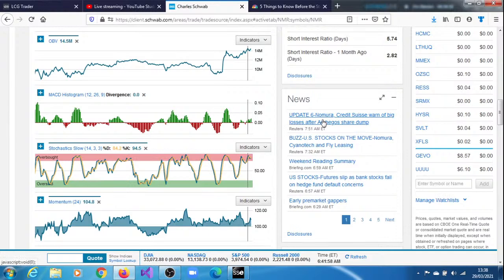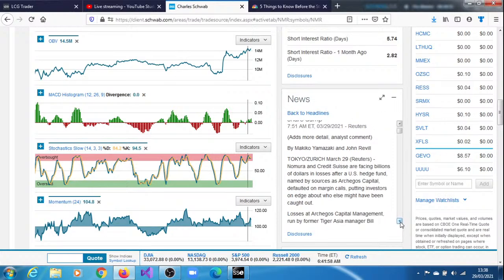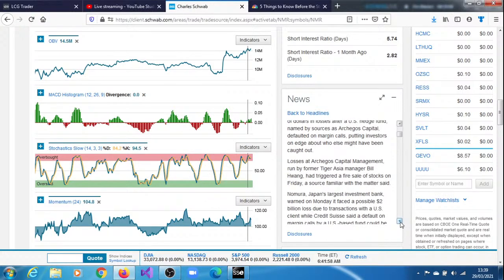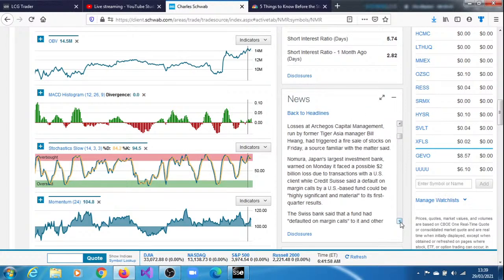I see there's an update here. It says Credit Suisse warns of big losses after Archegos's share dump. Let's see what the news is saying. It says Nomura and Credit Suisse are facing billions of dollars in losses after a U.S. hedge fund named by sources as Archegos Capital defaulted on margin calls, putting institutional investors on edge about who else might have been caught. Losses at Archegos Capital Management, run by Tiger Asia manager Bill Hwang, had triggered a fire sale of stocks on Friday. A source familiar with the matter said Nomura, Japan's largest investment bank, warned on Monday it faced a possible $2 billion loss due to transactions with the U.S. client, while Credit Suisse said